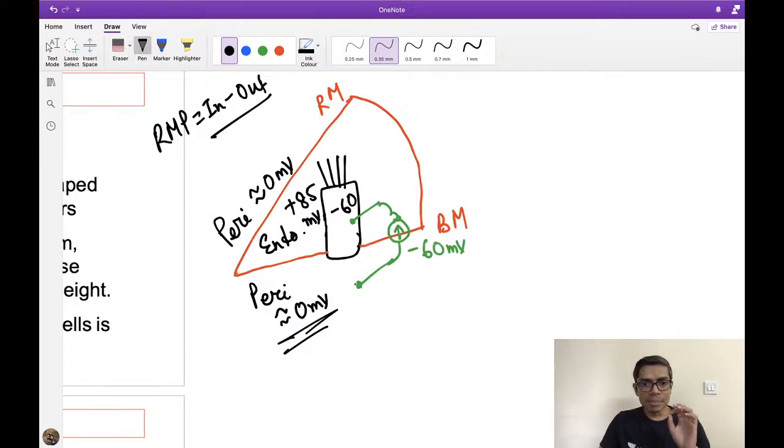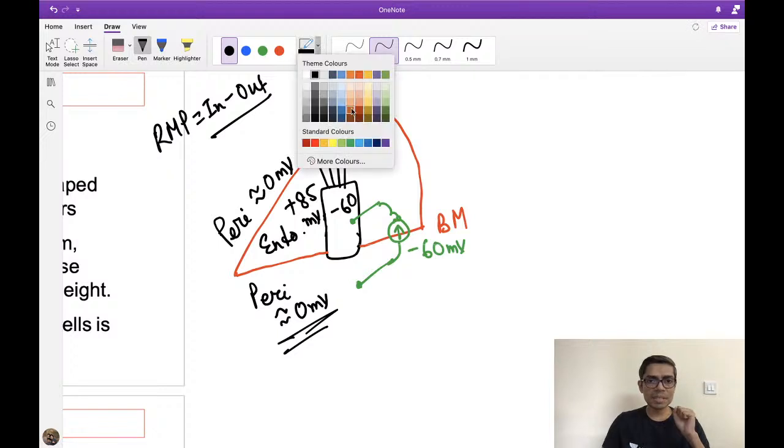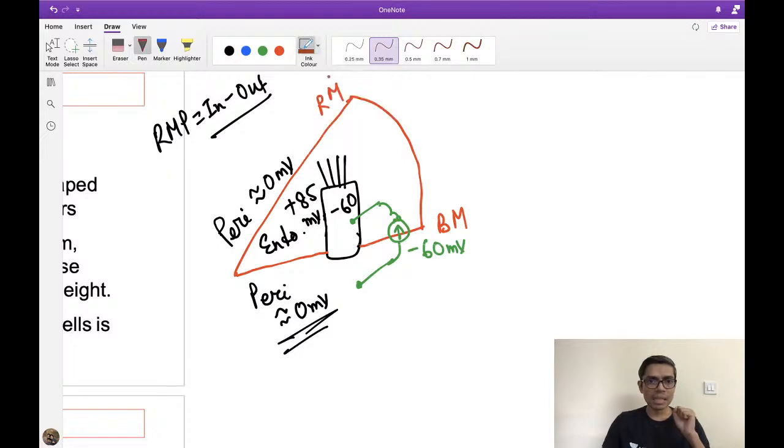Now rather than putting this electrode inside the perilymph, if I shift the electrode, I am taking a different color. Now I am shifting this electrode, one electrode inside the hair cell again, but another electrode inside the endolymph, and in between I am connecting a galvanometer here. How much will be my recording of RMP in this condition? Getting my point? Now I have shifted this outside electrode from perilymph to the endolymph. So one electrode is inside the hair cell and one electrode is inside the endolymph.